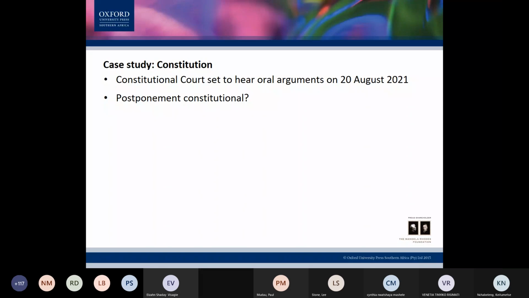Then the report of Chief Justice Moseneke